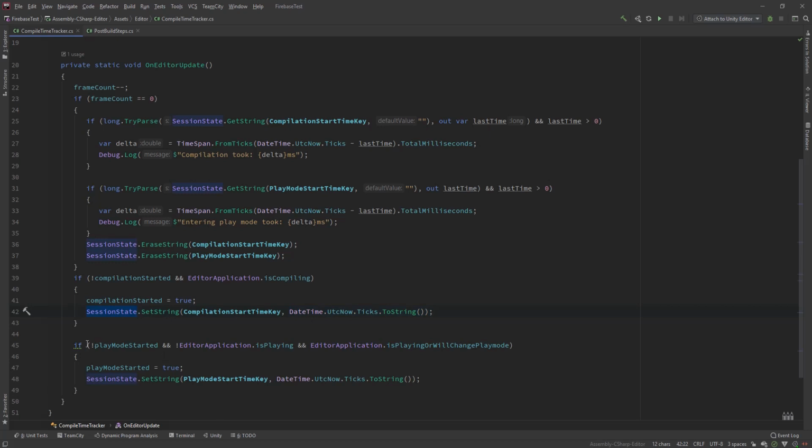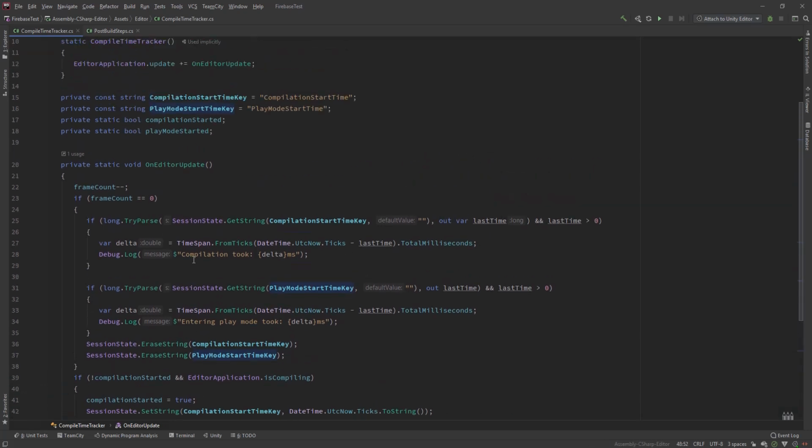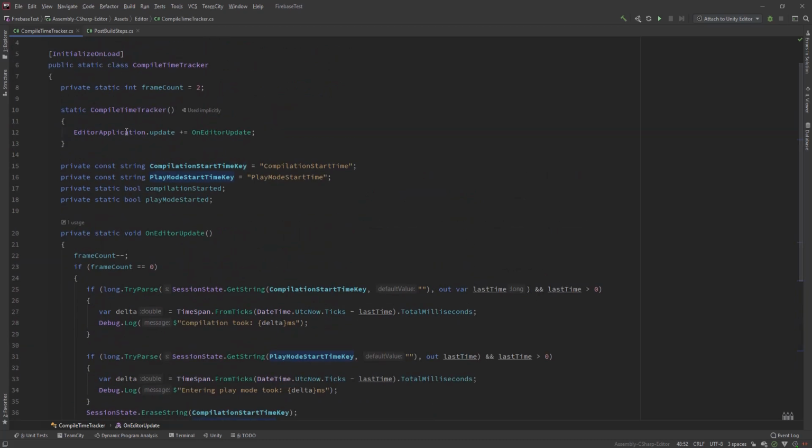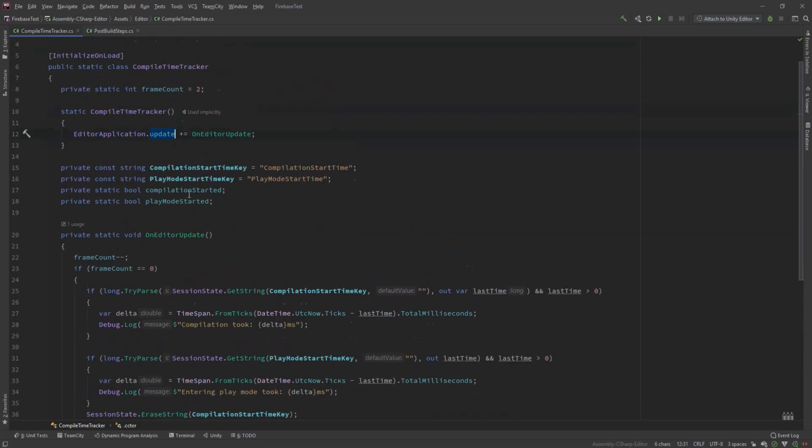Or detect if you're just entering play mode, and in that case it will save the time when you are entering play mode. And then when either of those finishes, the initialization will be called again, and frame count will